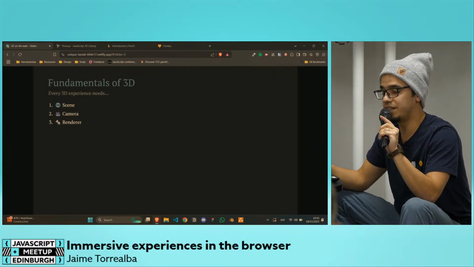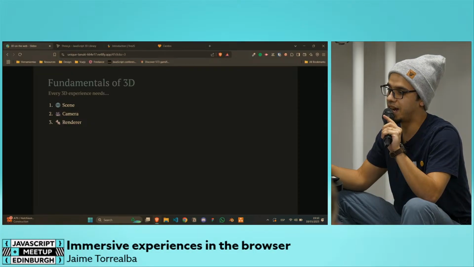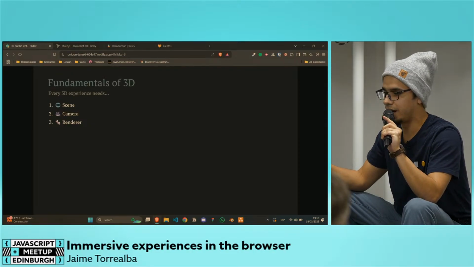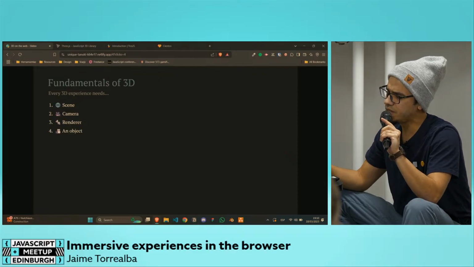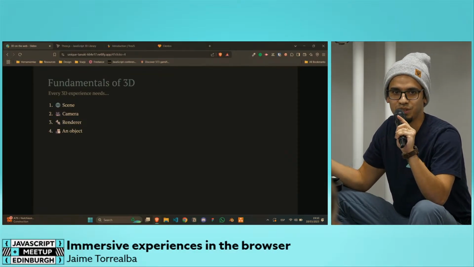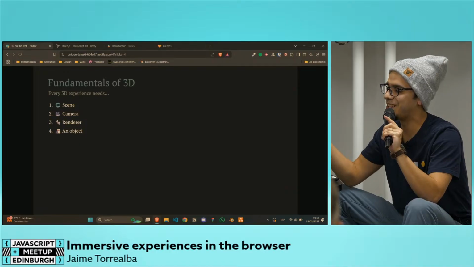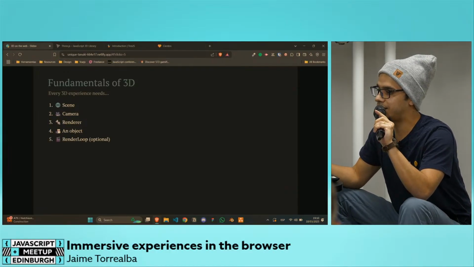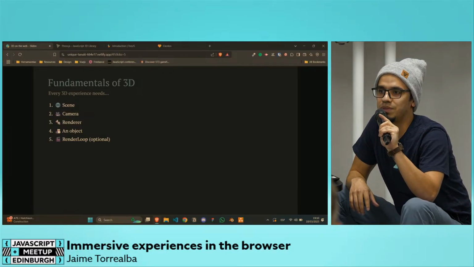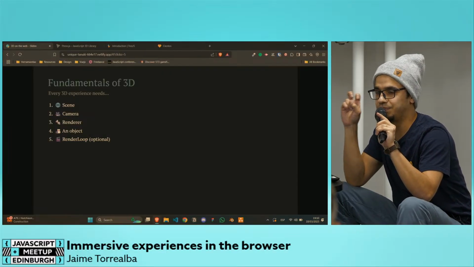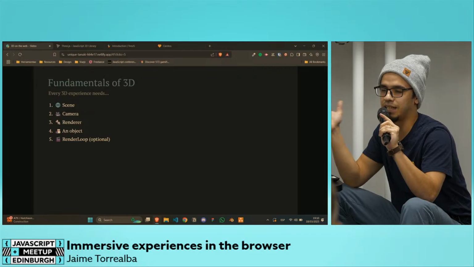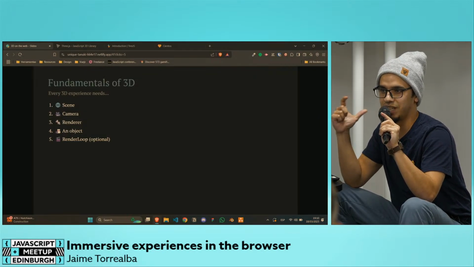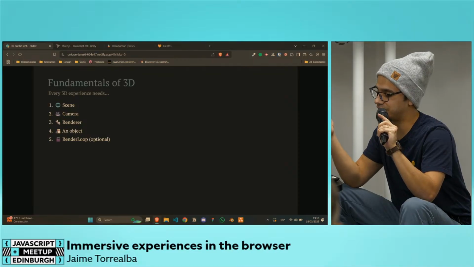Okay, we need the renderer, really important because basically it acts as our bridge between the CPU and the GPU. And of course we need an object, because if not, everything is black. I'm going to talk about this one in the next slide. And we need the render loop. The render loop is kind of optional, right? But again, with the example of the video, it's not that optional, as you want to create a real-time interactive